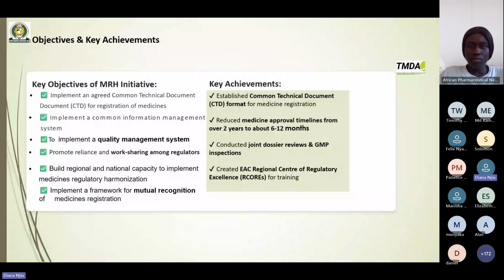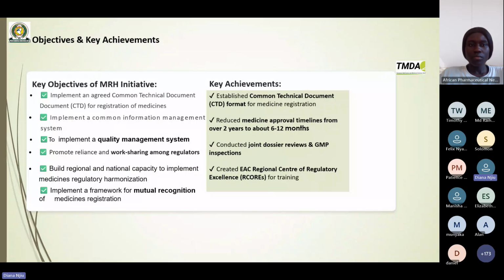So most of the NRAs were at different levels. They thought it was very important to empower them and make sure that the regulatory agencies within the countries had assured quality management systems and awareness. And also to promote reliance and work sharing among regulators. As we said, there were states with high resources and others with low resources, and high capacity in terms of knowledge in assessment of technical information. So if there was a chance for work sharing among regulators, this was one of the aims at that time.